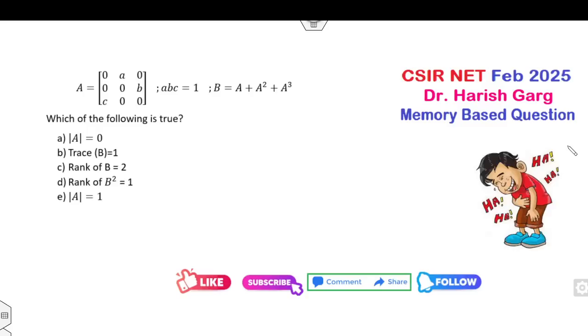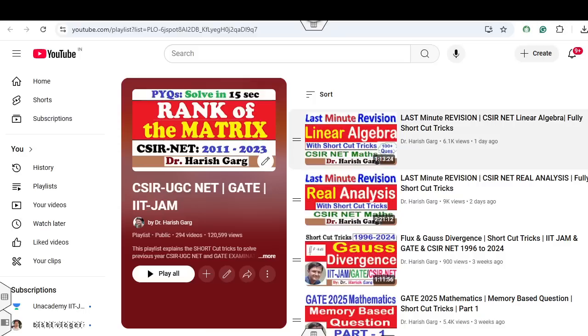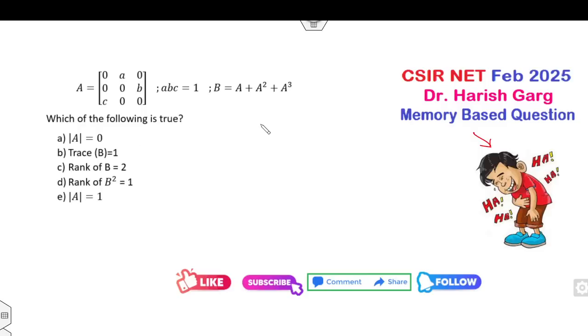Look at the second problem. Here I use a very funny picture. Why? Because just one day before, I uploaded the last minute revision. If you have already watched my lecture on the last minute revision, you can get this answer in a very simple manner. How? You can see A is a 3 cross 3 matrix, where a, b, c are 1. You can choose any number. Say a equal to b equal to c equal to 1. So what is your matrix? The matrix is 0, 1, 0, 0, 0, 1,